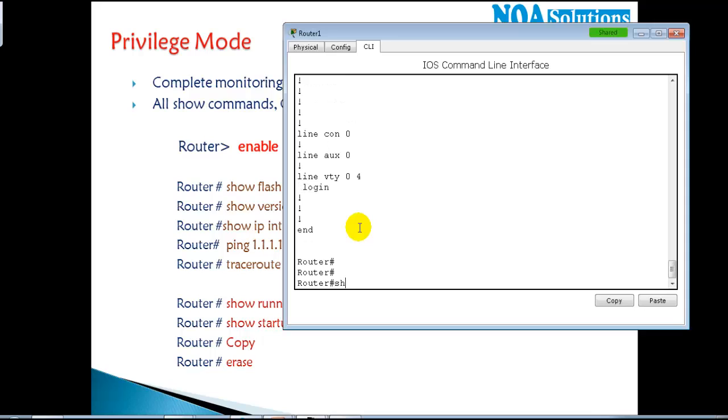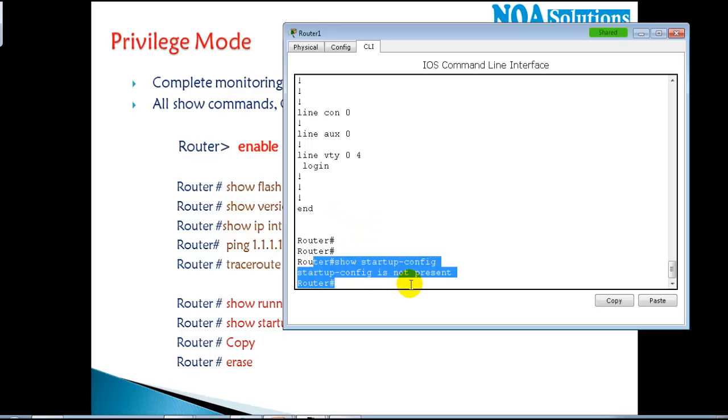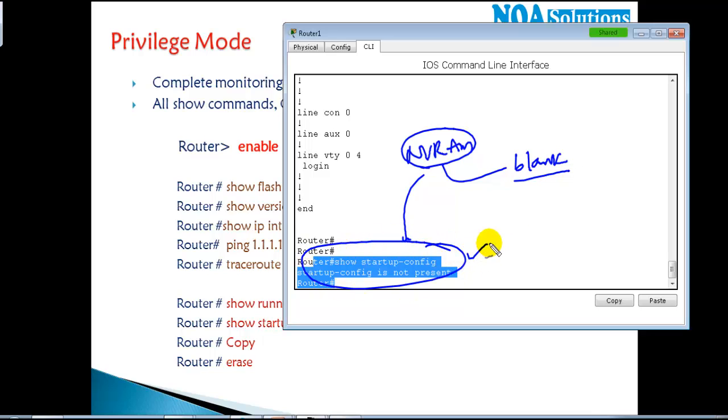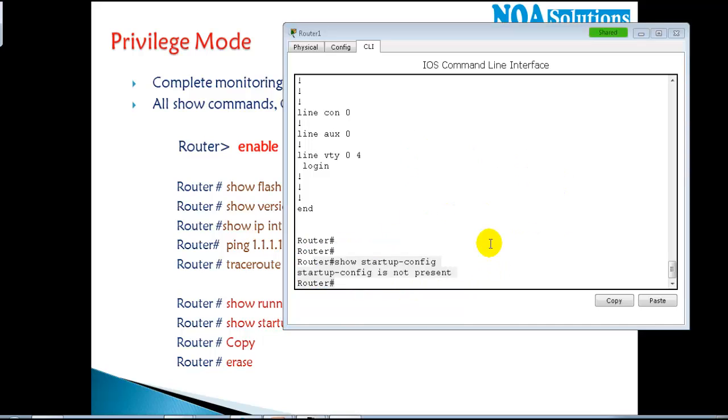And there's one more command we can use, show startup-config. And right now it says that startup configuration is not present because right now, if you remember, your NVRAM is blank. So startup configuration is the other name for your NVRAM. Right now it is blank. So whenever it is blank, you will see this message. Anyway, because we did not save any configurations till now, but once we do some changes, once we save the configs, probably we can verify this.